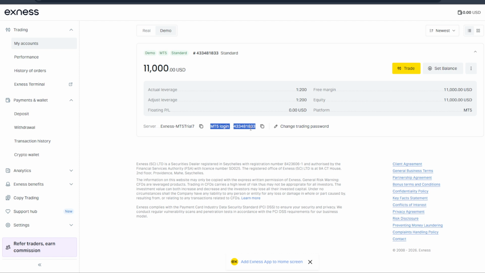Once you've located your MetaTrader5 login credentials, you can use them to sign into the MetaTrader5 platform on your device. Just remember to keep this information secure and avoid sharing it with anyone you don't fully trust. That's all you need to do. By opening the 9-dot menu, going to